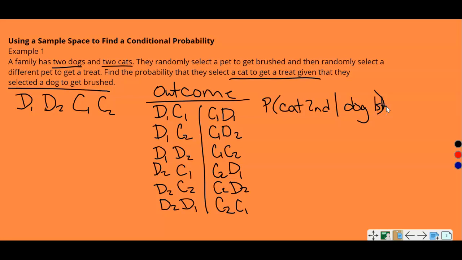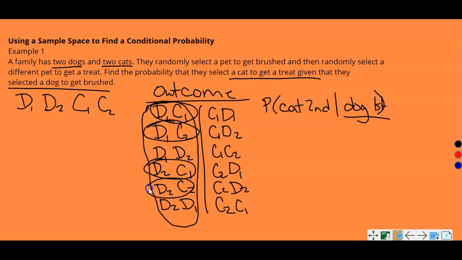All right, so let's see what we have here. If we look, all of these have a dog first, right? So that's this part here. And then which one has a cat second? So we've got 1, 2, 3, 4. So 4 out of 6,